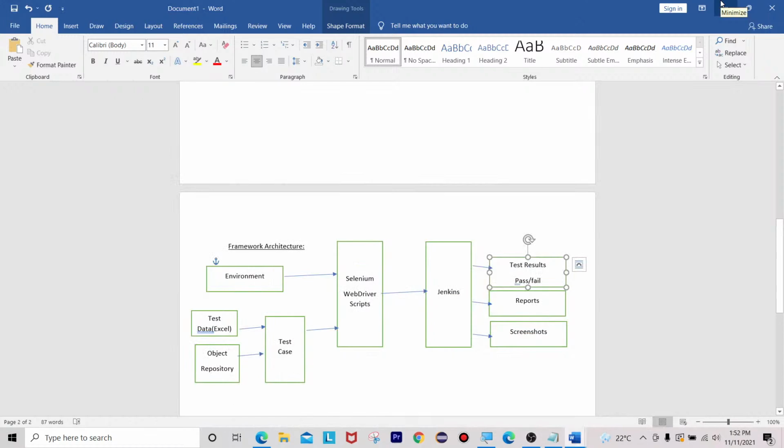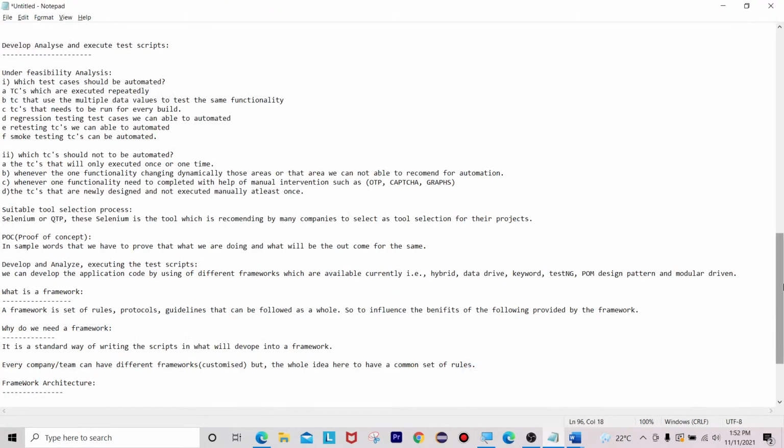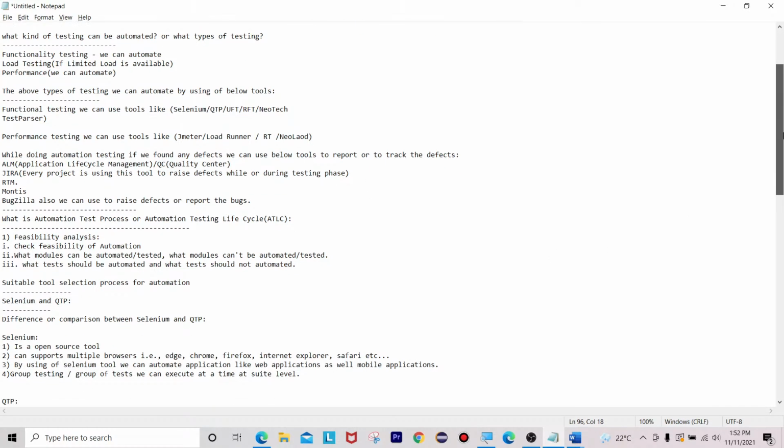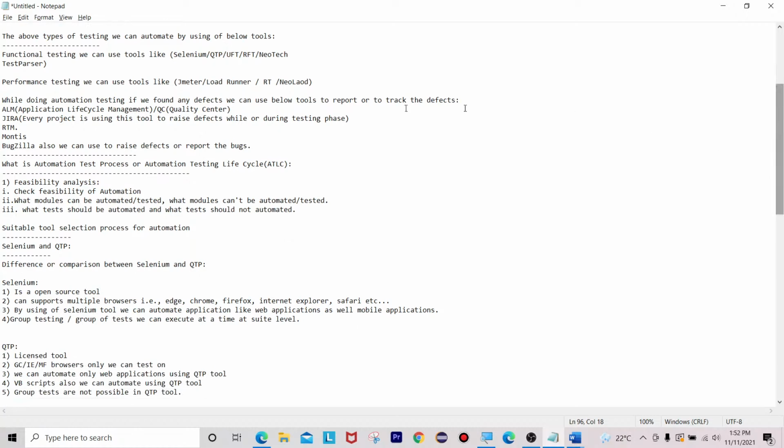Okay, I hope guys I am done with this concept. So the concepts I covered here, I will just have a quick run through the concepts I covered now. The first concept is what is an automation testing, introduction about automation testing, and what kind of tests we can automate and what kind of tests we cannot automate. And what are all the characteristics we need to follow by using the automation test lifecycle, or what is an automation test process. Under this, we have feasibility analysis